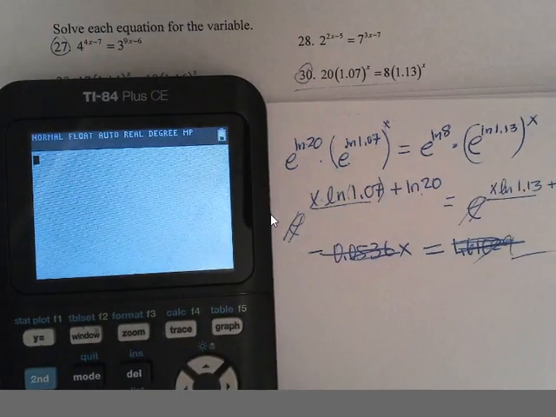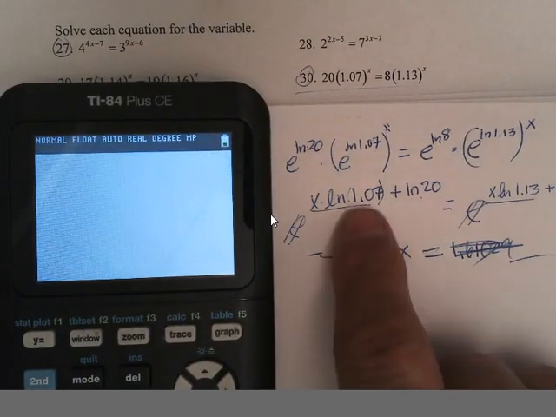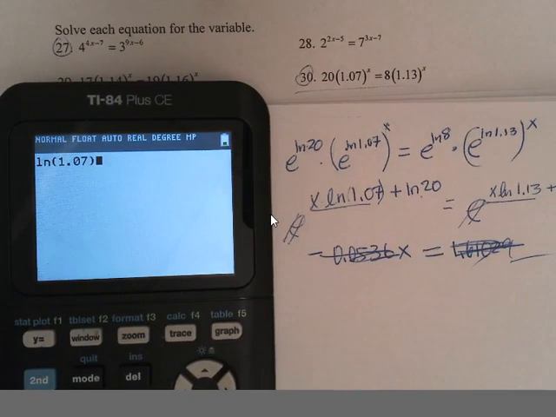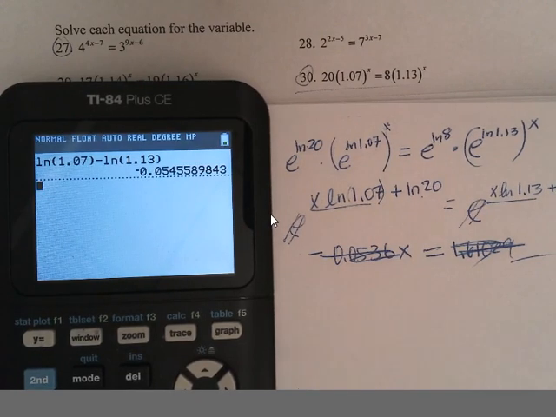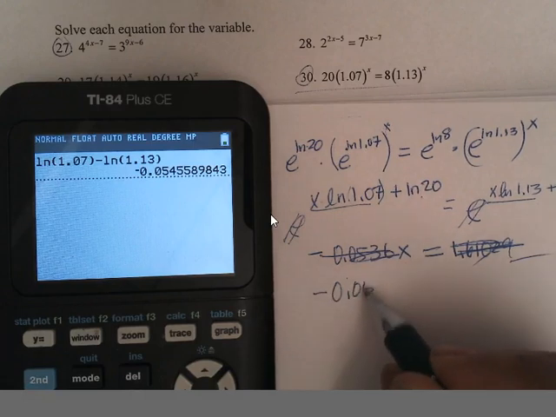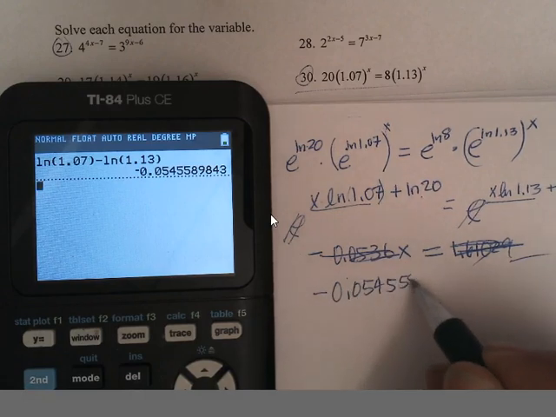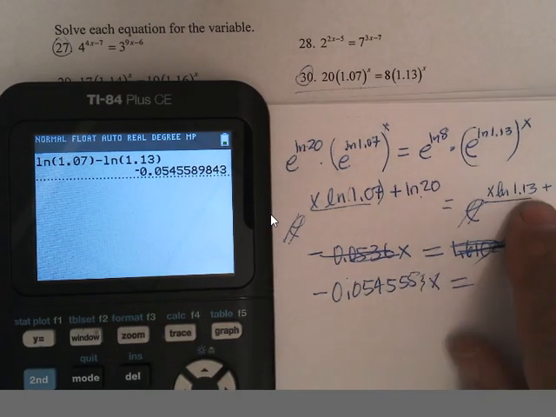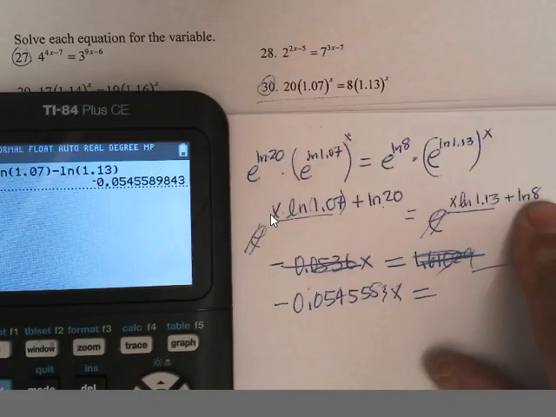Clear, let's start this again. So I want to do ln of 1.07, close parenthesis, minus ln of 1.13, close parenthesis. So this side should have been negative 0.054559, whatever. X equals, now on this side I've got to subtract from natural log of 8,